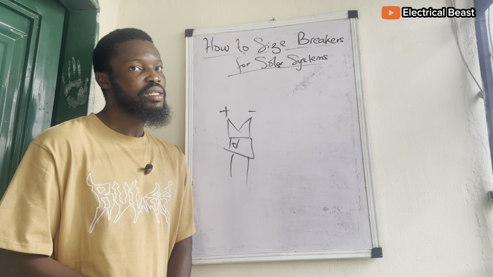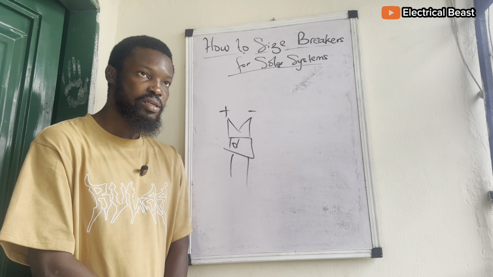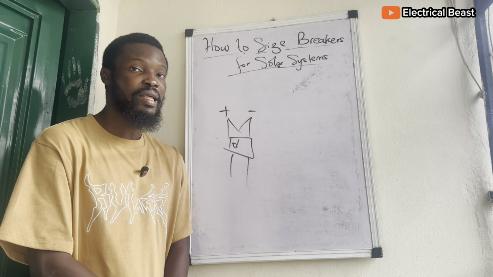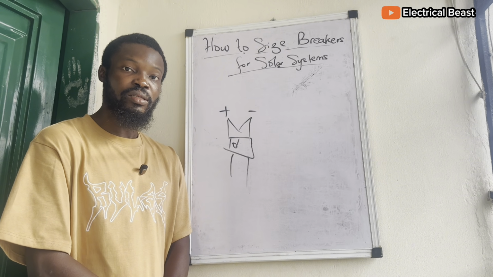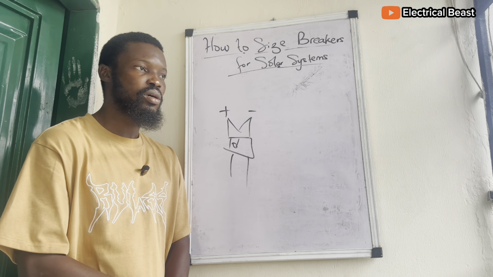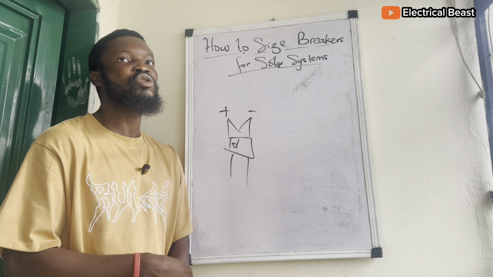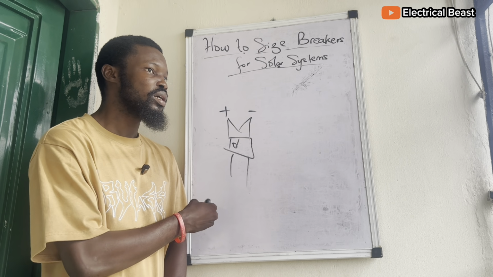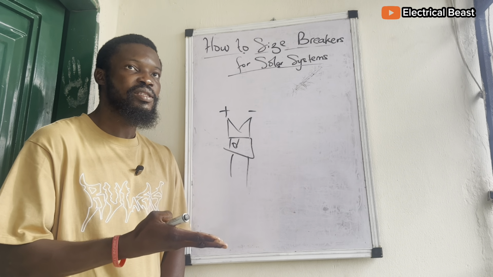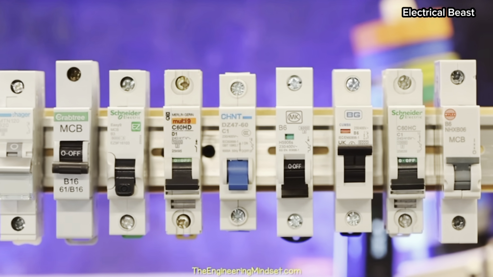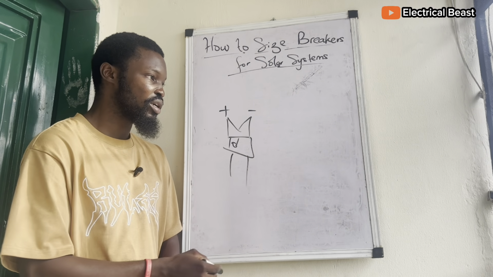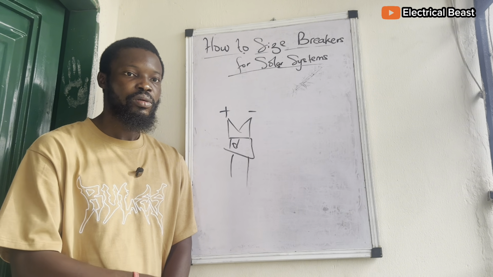With all this, you can see that the importance of using breakers for electrical and every other kinds of systems, or even solar systems, particularly in this class, cannot be overemphasized. Hence, the need for this video, and you need to know how to properly size the breakers, because you cannot just go ahead and use any breaker because you need to use the breaker. There are ways you can size, because these breakers have ratings. Now, different ratings are used for different setups. Depending on your setup, that will enable you to determine the size of breaker that you need for that system,